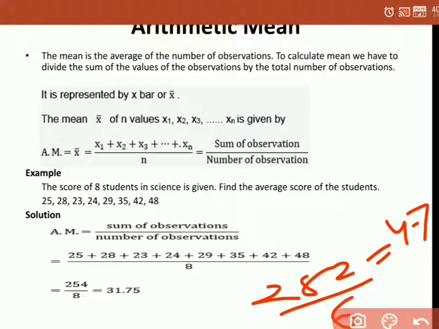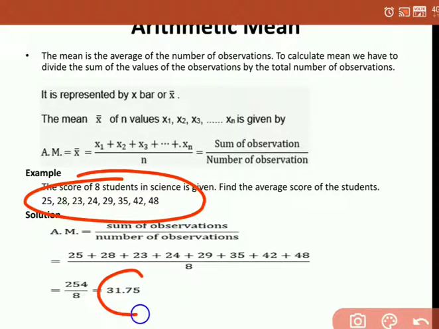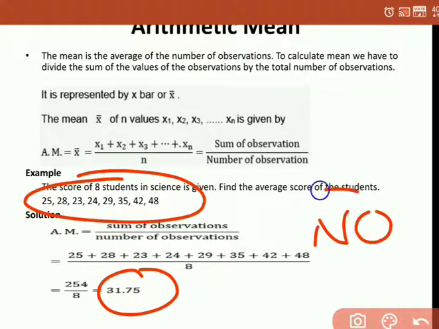Arithmetic mean score. Now if we compare this, look here. Here are the observations. This is the mean, correct? Tell me, is the mean greater than all the values? Yes or no? No, it's not greater than all the values. Is it less than all the values? No. Is it one of the values given in the observations? No. All these questions have the answer no.